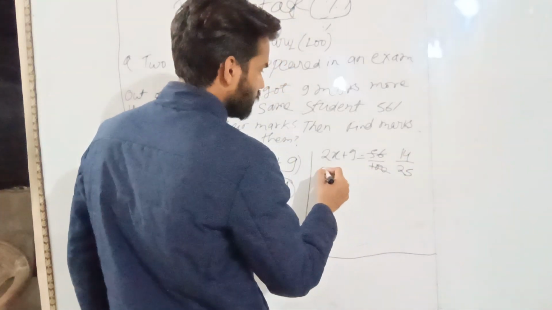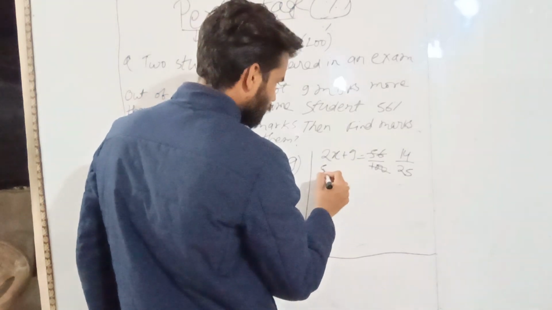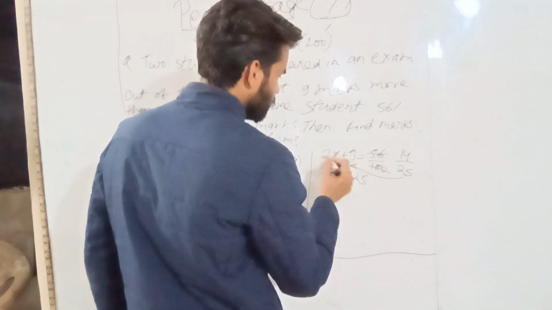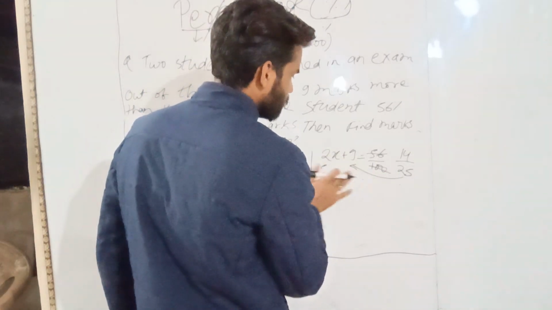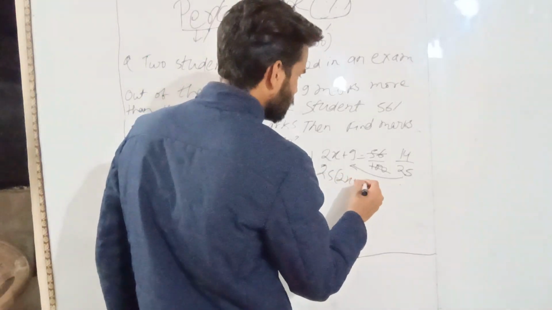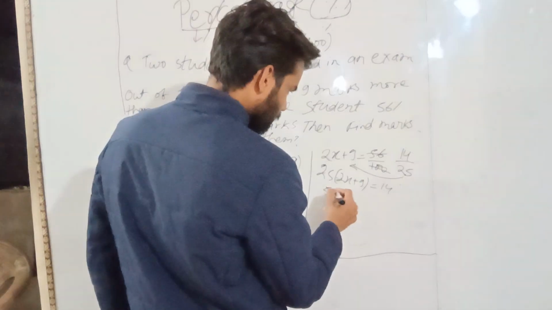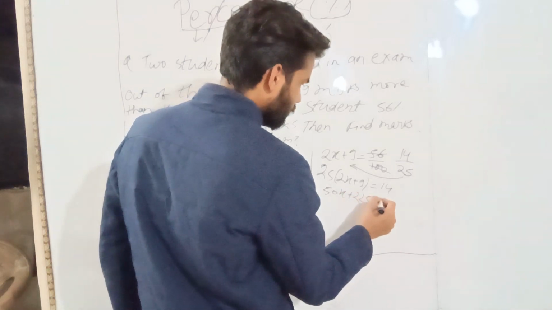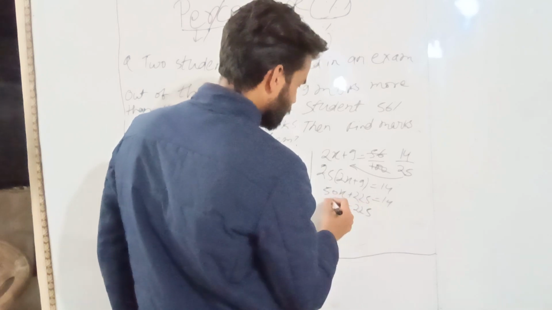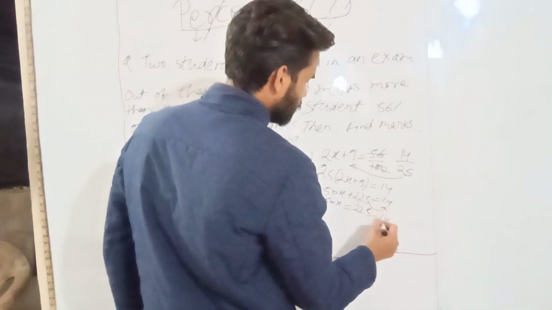So we can write it as, cross multiplying both the sides, 25 into 2x plus 9 equals to 14, or we can write as 50x plus 225 equals to 14. This 225 will go that side, then we will get 225 minus 14, or we can say